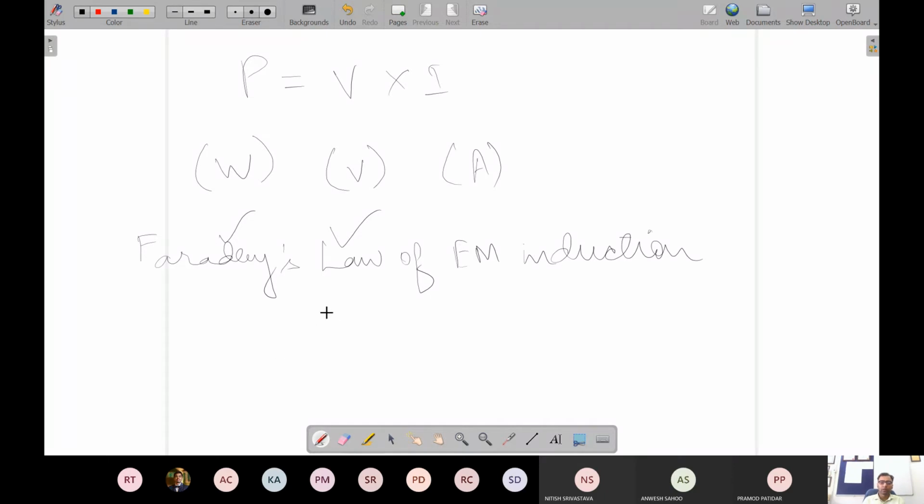If you recall your basic physics, this law states that the induced EMF E is equal to minus N d phi by dt, where phi is the flux, N is the number of turns in that coil, and E is the EMF. The minus sign indicates that the generated EMF always opposes the cause which is producing it. This is the fundamental equation governing the operation of this machine. This flux has to be changing with time; there has to be a relative motion. The rate of change of flux is what determines the EMF which is induced.